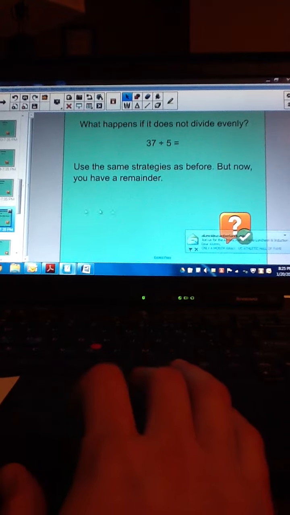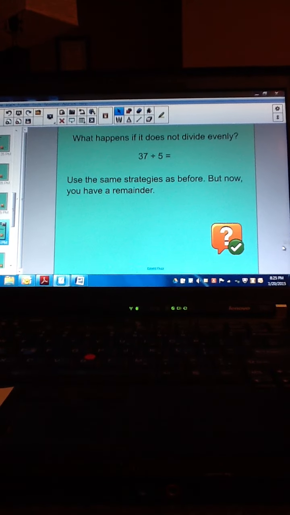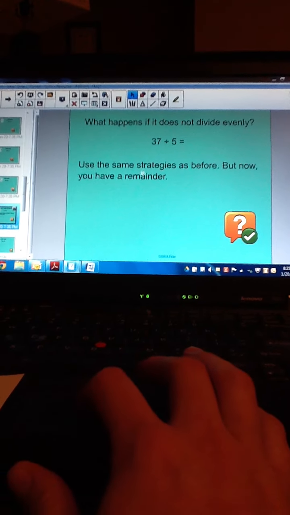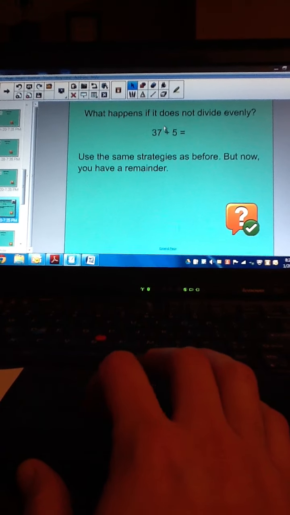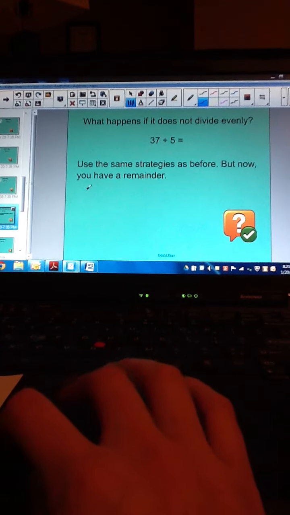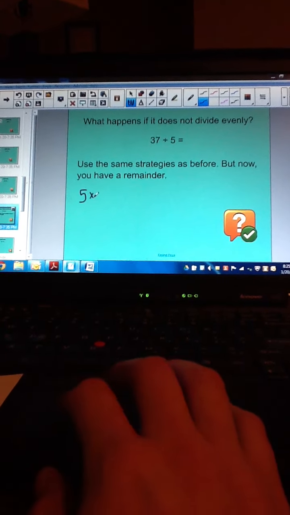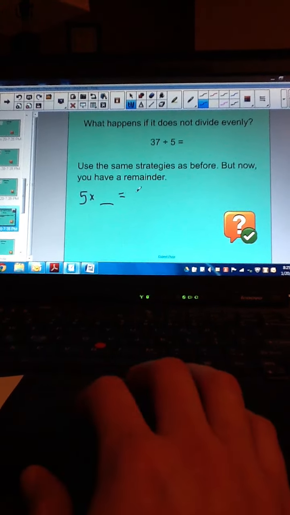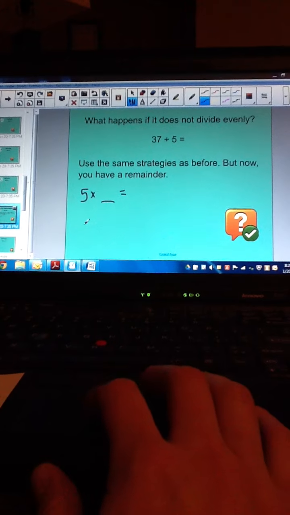Okay, let's look at problem number 11. What happens if it does not divide evenly? So for example, you have 37 divided by 5. Well, you can use the same strategies as before, but now you have a remainder. So if I wanted to use one strategy, I could think, what number times 5 gets me the closest to 37? So I would think, what times 5 gets me close to 37? Or I could make